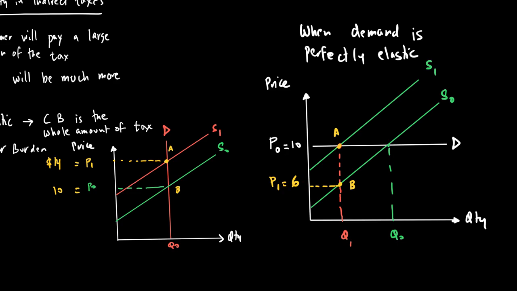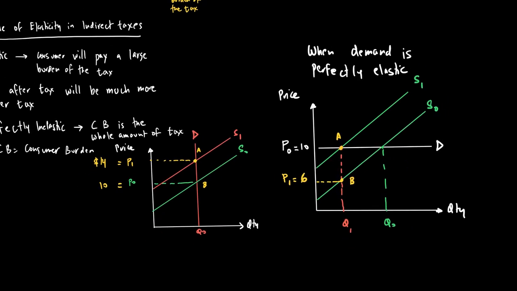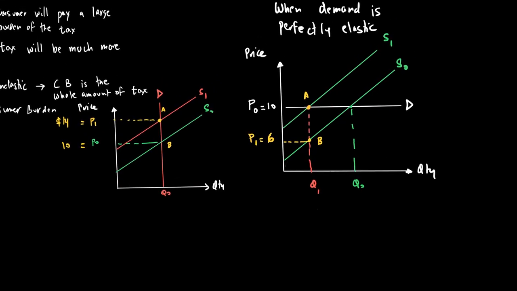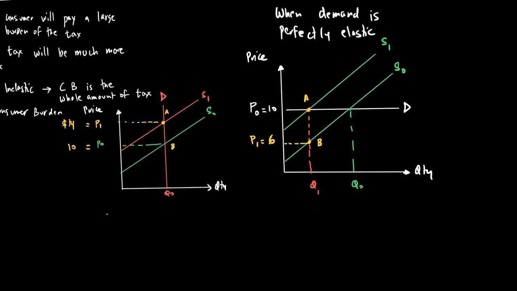What we can see in these cases is that the price changed by the whole amount of the tax, and therefore consumer pays the whole amount of the tax. The price did not change at all before or after tax, and therefore producer pays the whole amount of the tax. And therefore we can make some conclusion about it, that if the PED